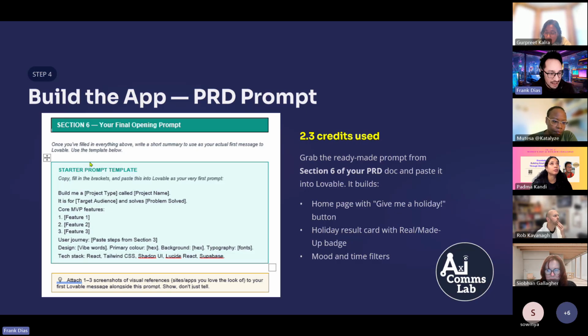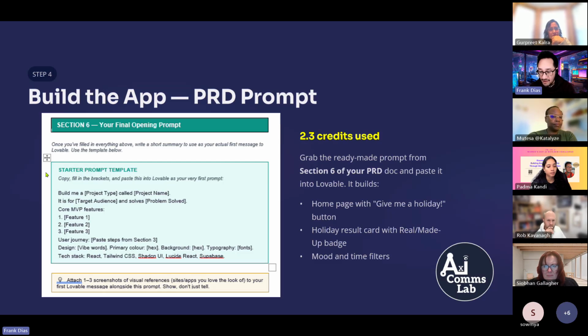This is the user journey. These are the design elements that I want it to try and follow. And these are elements of the tech stack that I want it to use. With regards to some of those elements, they're a little bit more technical than you need to know, but you can just copy and paste that in, and it will help give it a bit more structure behind the scenes. You can always look up what each of these tools or new words do in other AI tools. All right, so that's to give you an idea there.